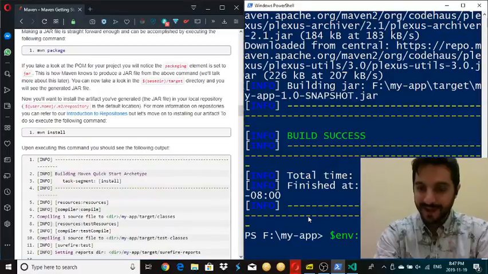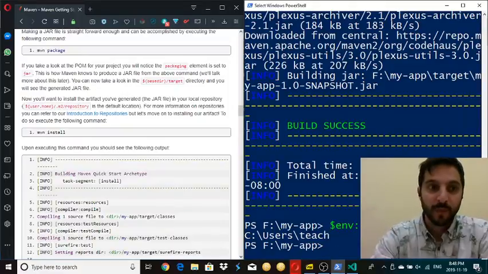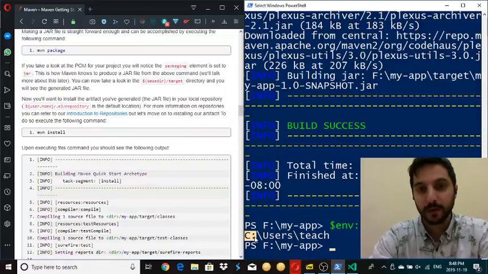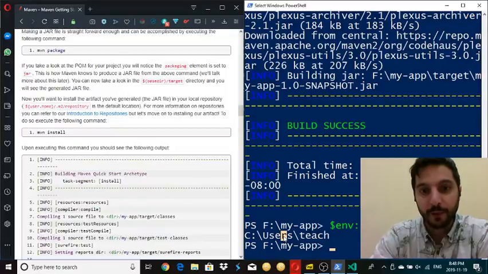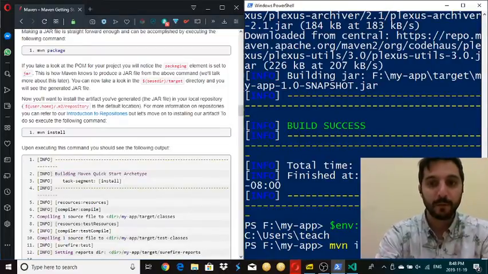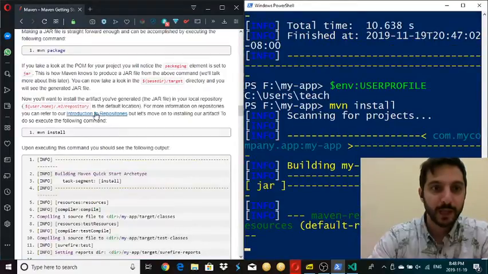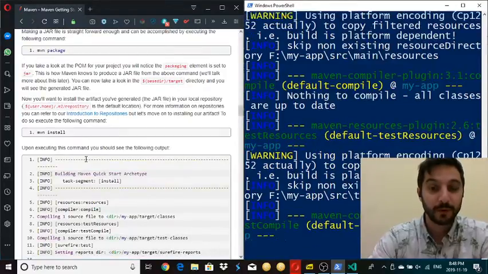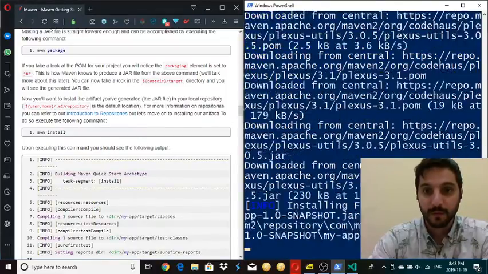So I do not have my home directory. I think Windows has this default: it's your C drive or your internal drive, then users, then a folder with your username. So if I do mvn install now,